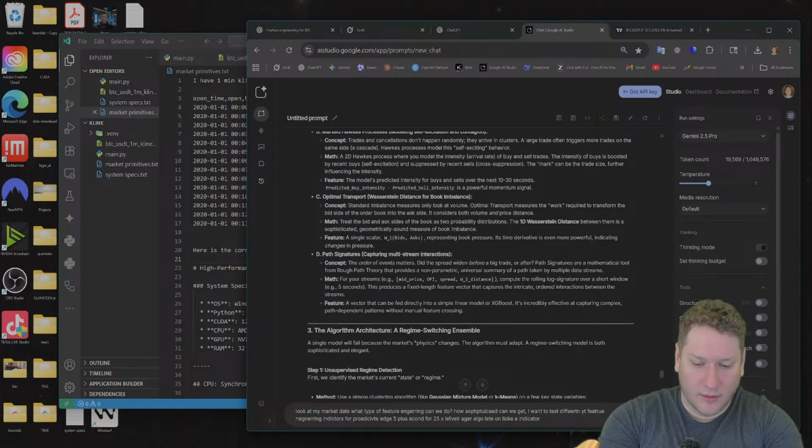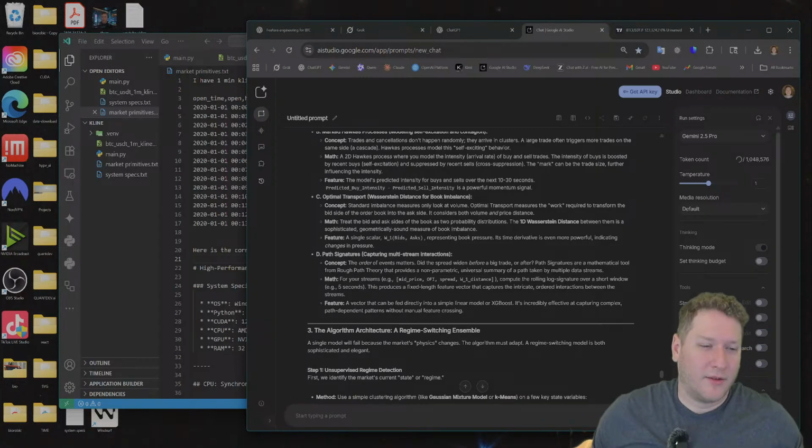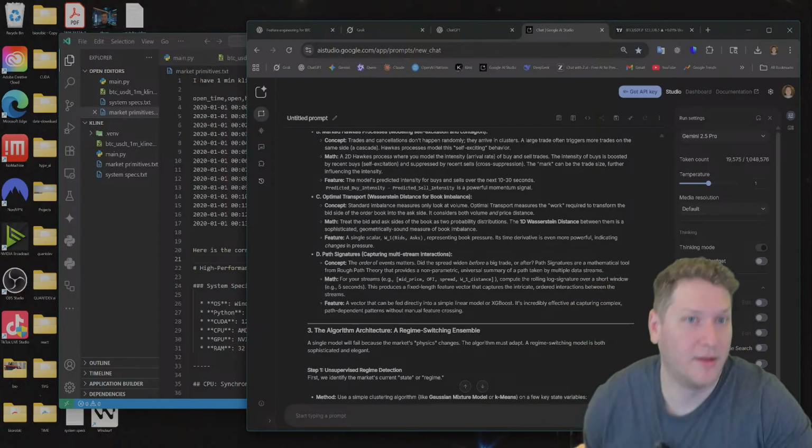Indicator testing platform. Hopefully that makes sense to Gemini.